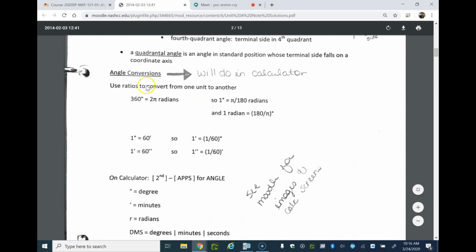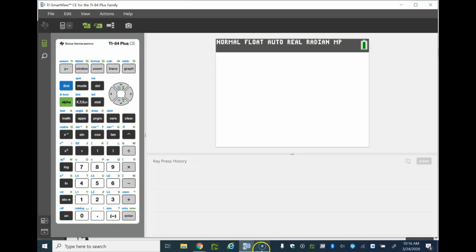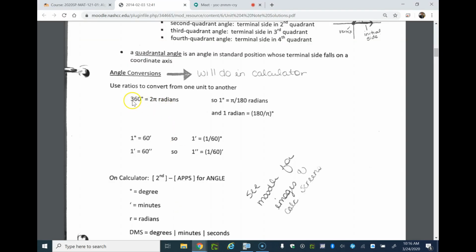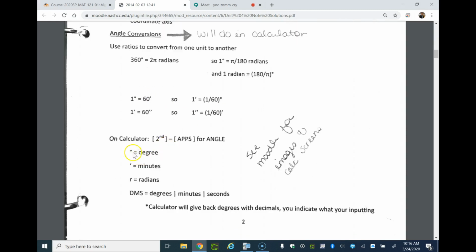Now going into angle conversions, a lot of this will be done on the calculator, and I have my calculator ready to go, so we can go over this part. But 360 degrees is the same thing as saying 2 pi in radians. So both of them are equal to each other. And here are the little symbols: degrees, minutes, and radians, and we can get these